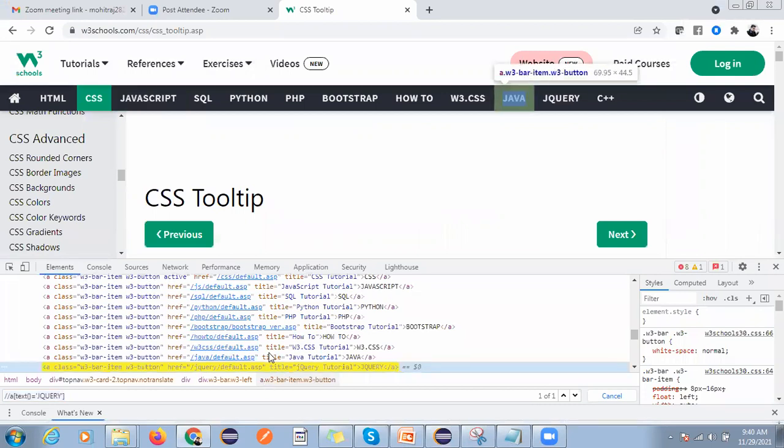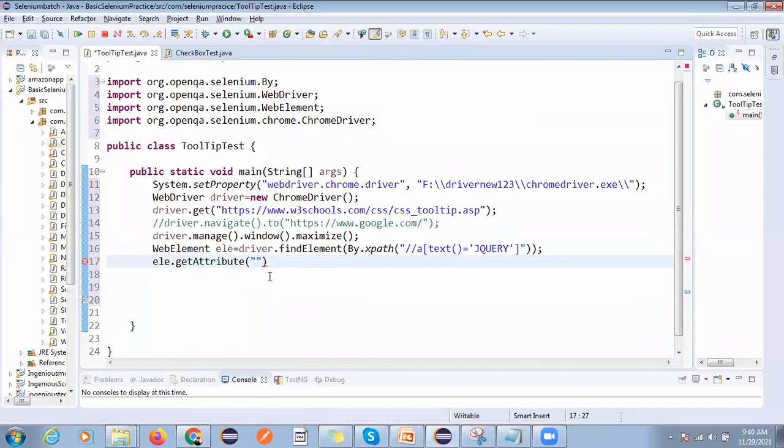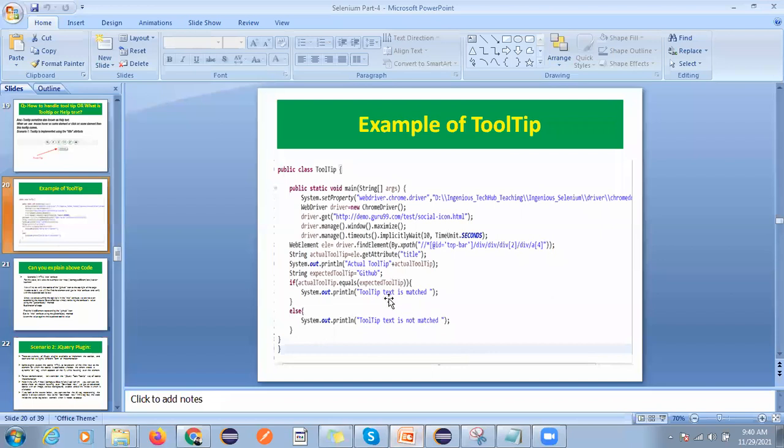So we can copy this title, and here we will store a string, str text, right? And now you can see after that, get title, and here we can also validate.